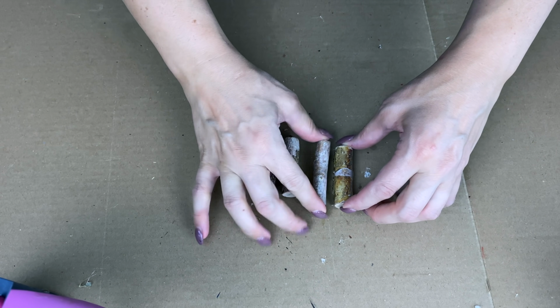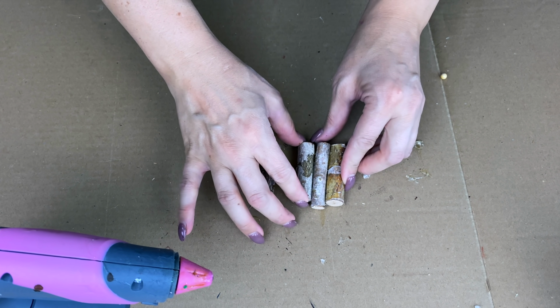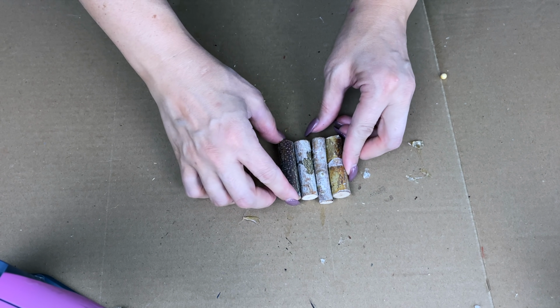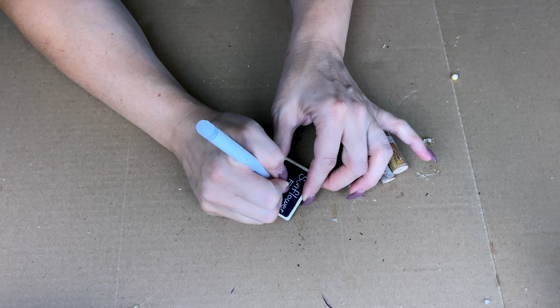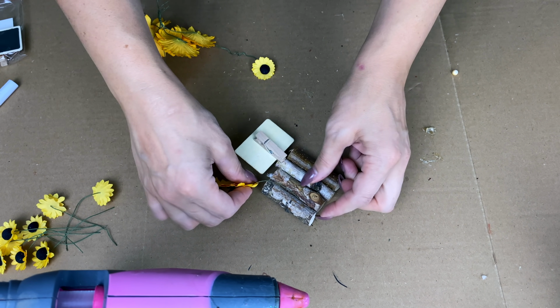Now for the next one here, I'm taking some of these little wooden pieces from Dollar Tree. You can get a bag of these little wooden logs, or otherwise, honestly, you guys, you can just use some sticks from outside, collect some sticks from the ground and break them up to create this little DIY. It doesn't take much. I just used a little hot glue to put together